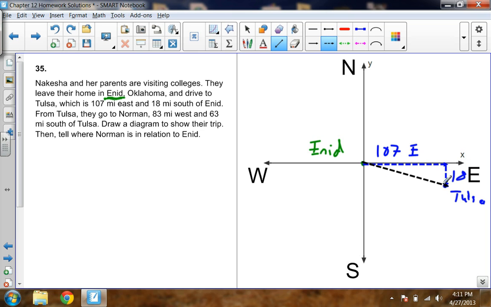So here's Tulsa, and we don't have to solve for this part right here. This is just showing a resultant vector and saying, if you remember anything about vectors, this is the direction from one point to the other. From Tulsa, they go to Norman, which is 83 miles west and 63 miles south of Tulsa. So if I start from this point Tulsa here, I'm going to